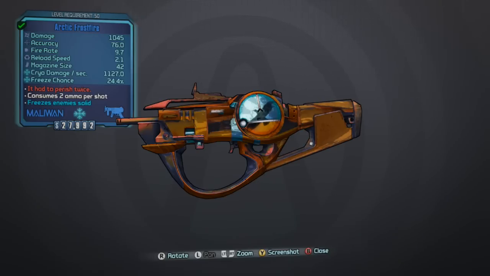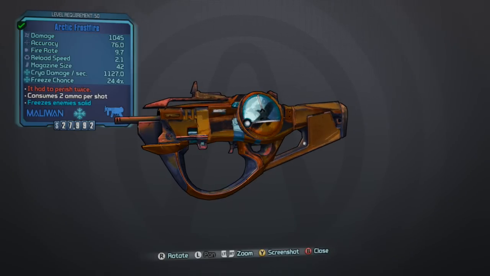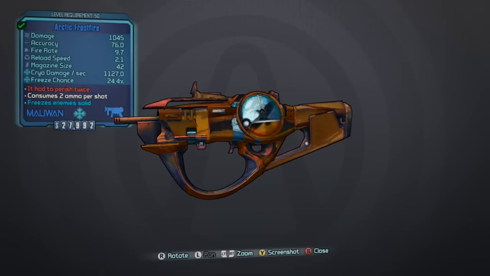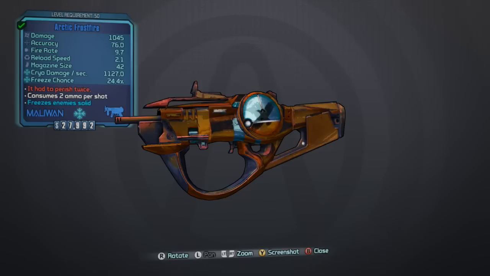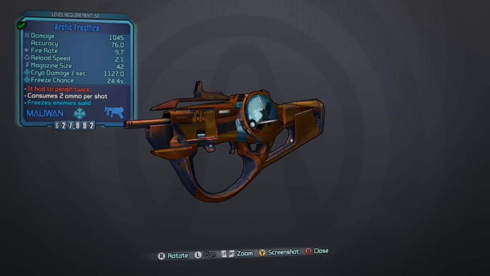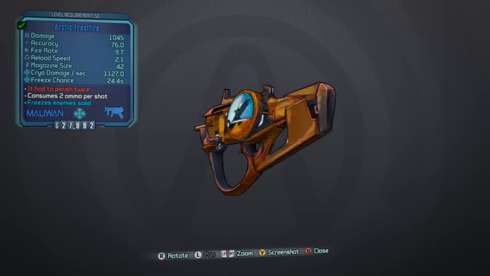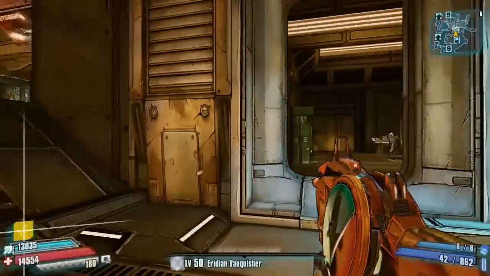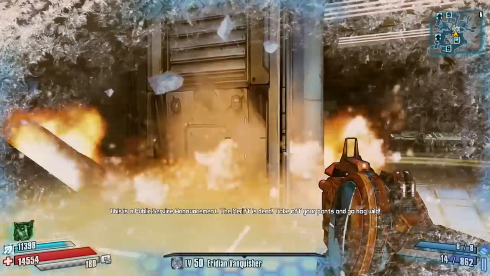And the red text says it fires twice, which basically means, I looked it up on the wiki, it fires 2 projectiles, as you can see there, consumes 2 ammo per shot, and the one projectile actually does fire damage while the other one does ice damage. So you're doing fire and ice damage at the same time, which is really, really cool, and which makes this gun a beast. The only downside to using this gun is when you're shooting it, it freezes you,